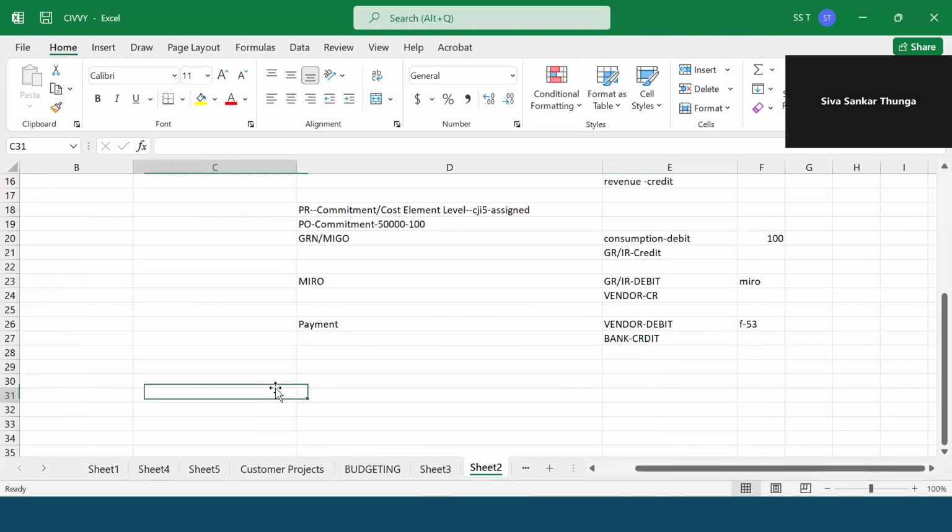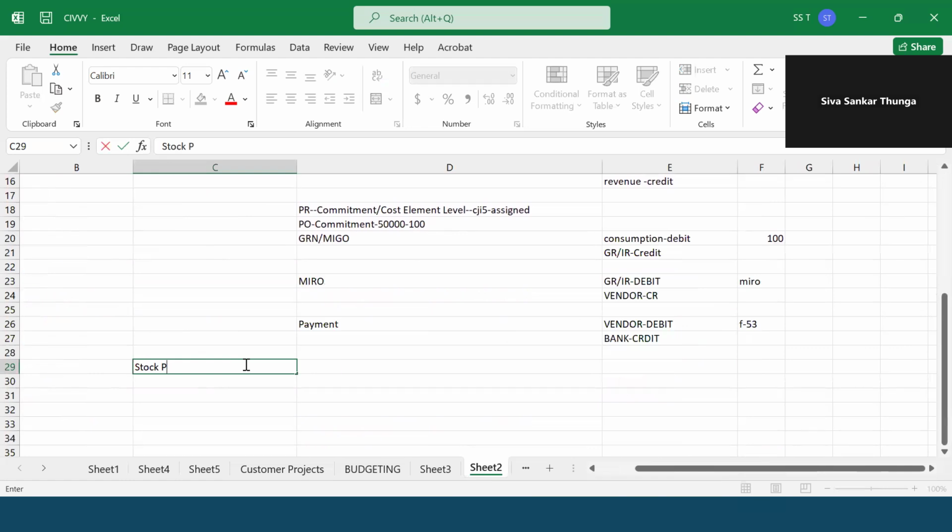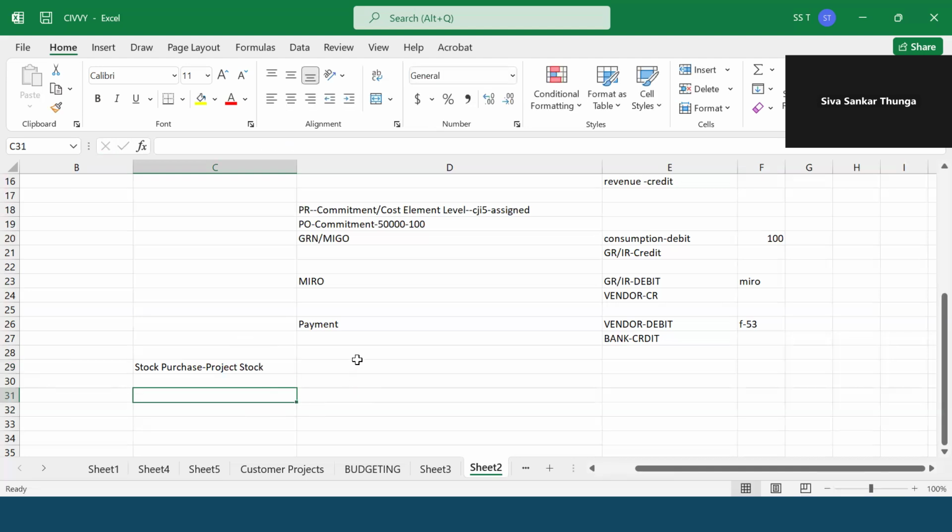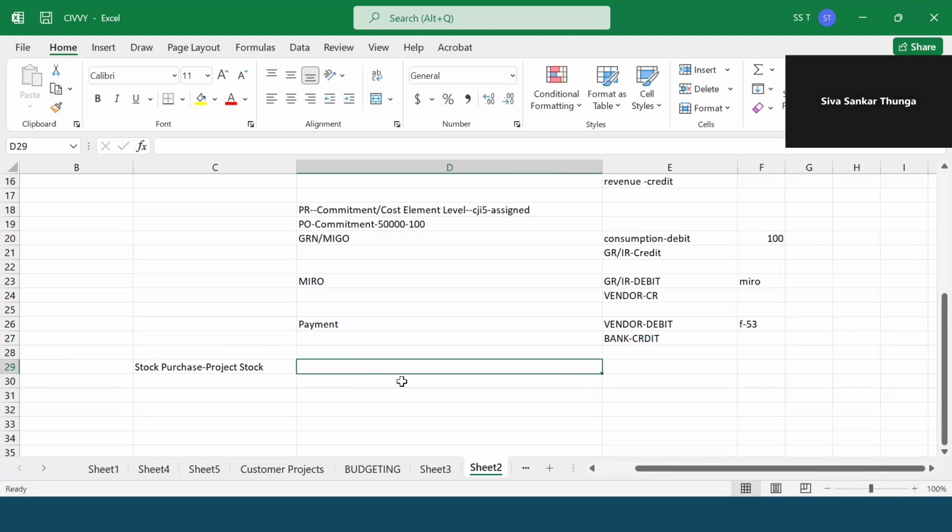Now I will tell you the difference. See, stock purchase. Assume project stock. We know the project stock scenario is there, right? So when we are receiving the material, what happens is inventory,